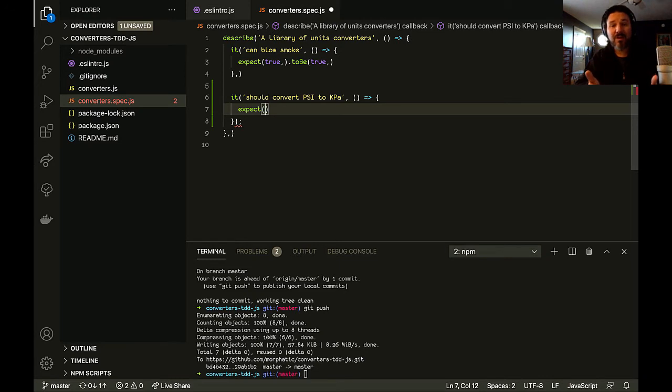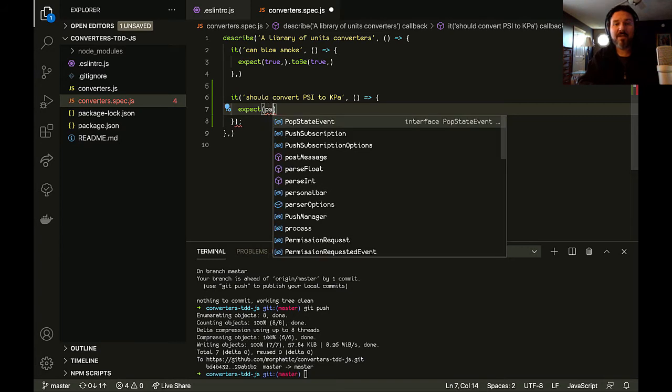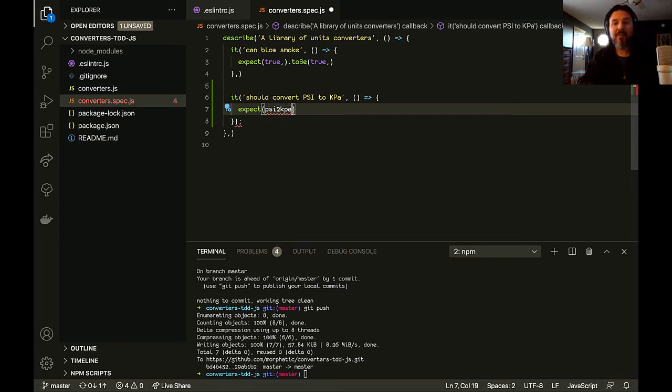and we haven't really named our functions yet, but it's important for you to understand here that since we start by writing tests, this is a good time to pick the function names that you want to use. So eventually we're going to write a function to convert PSI to kilopascals. So what is a good name for that? How about PSI to KPA? We're going to have a function called PSI to KPA, and if we pass in a value to that,